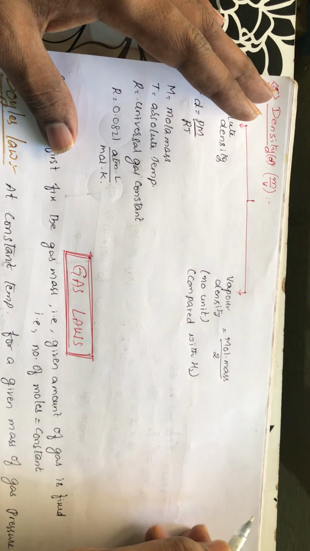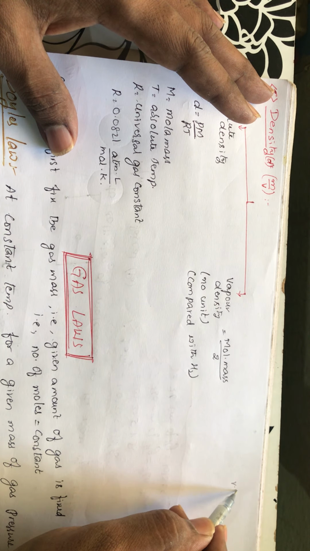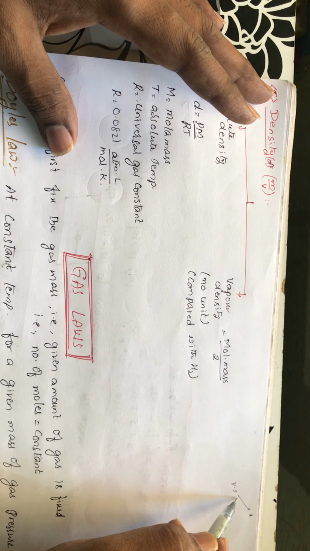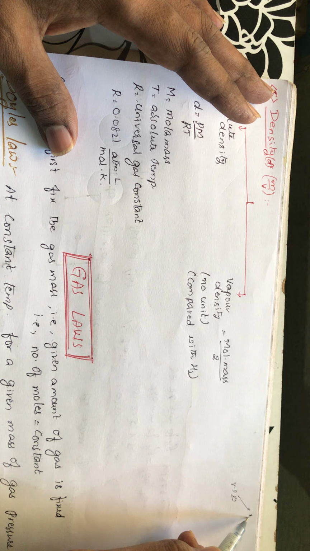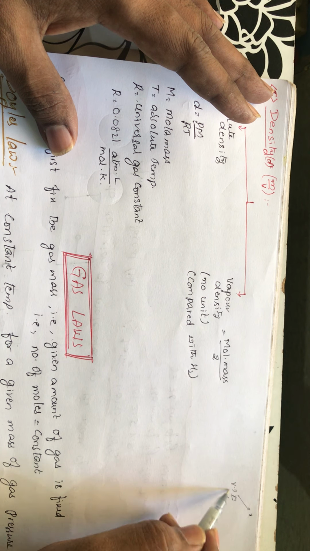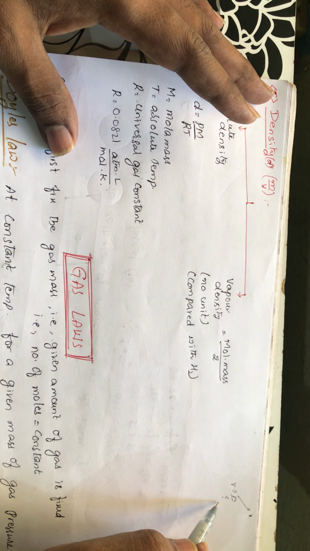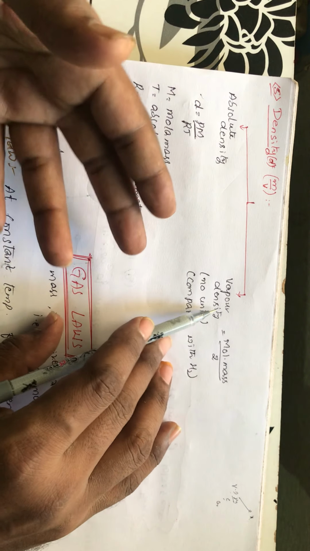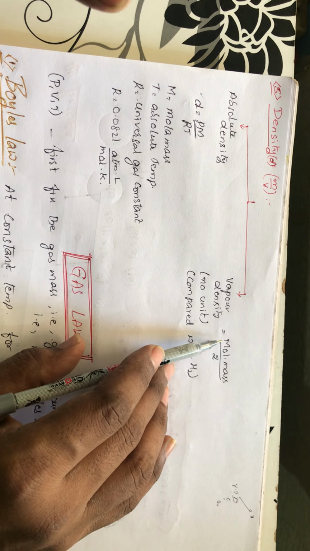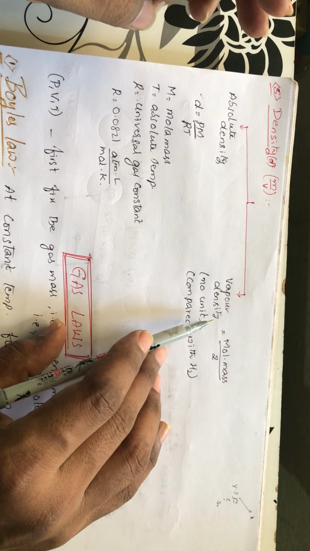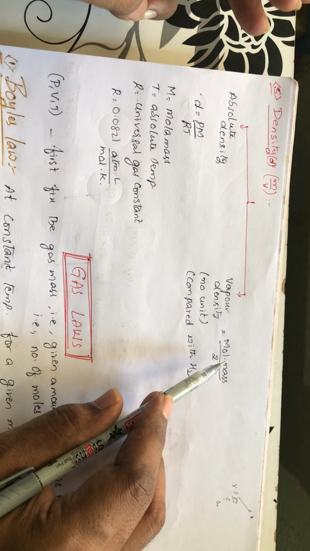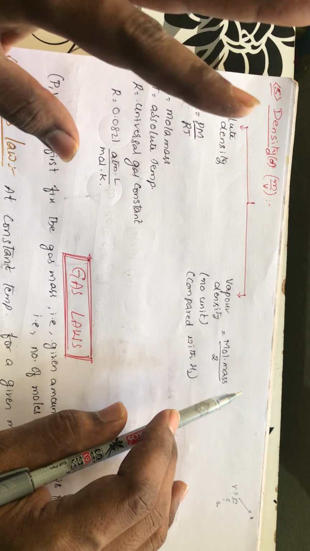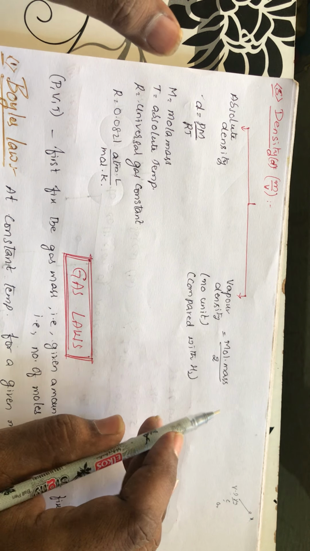I think you are getting this. You are comparing helium vapor density with respect to hydrogen, carbon vapor density with respect to hydrogen, oxygen vapor density with respect to hydrogen. That type of density is called vapor density, and it doesn't have any units. If you calculate the value, it will be half of the molecular weight of that particular compound.